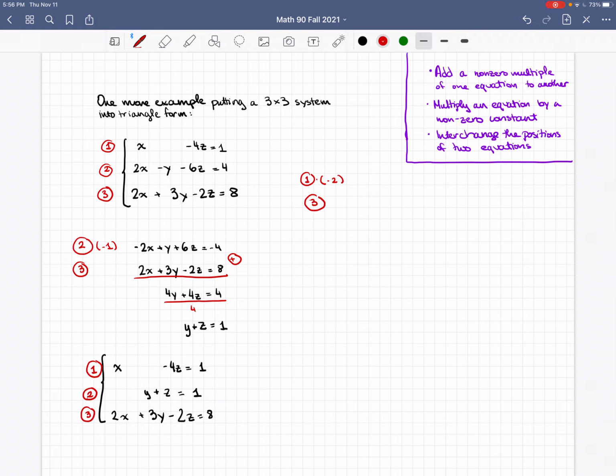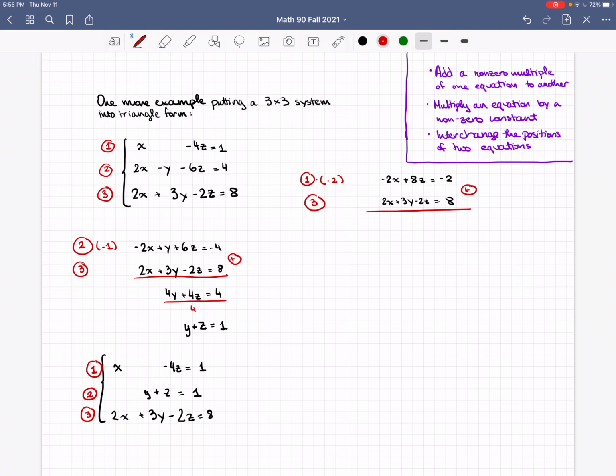Okay, so that gets me -2x plus 8z is equal to 1, and then 2x plus 3y minus 2z is equal to 8. Okay, and I made a little mistake there. When I was multiplying the first equation by -2, I should have multiplied across the board, so that should have been -2. So now I'm going to add these,